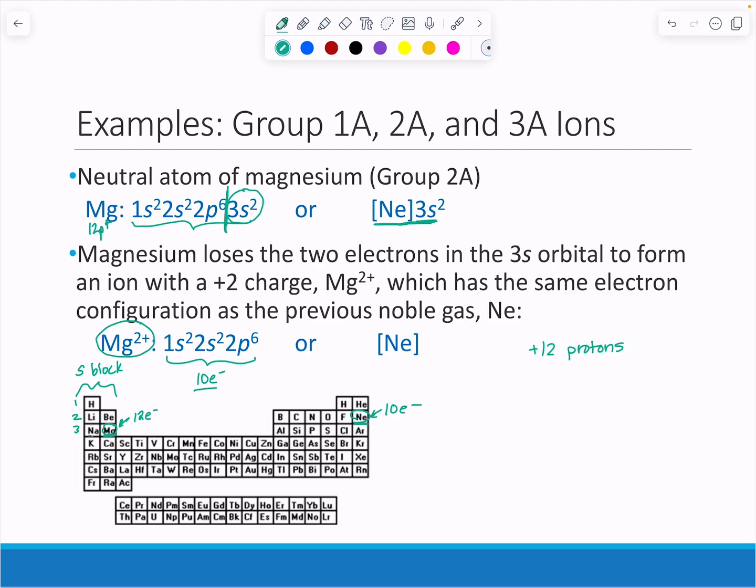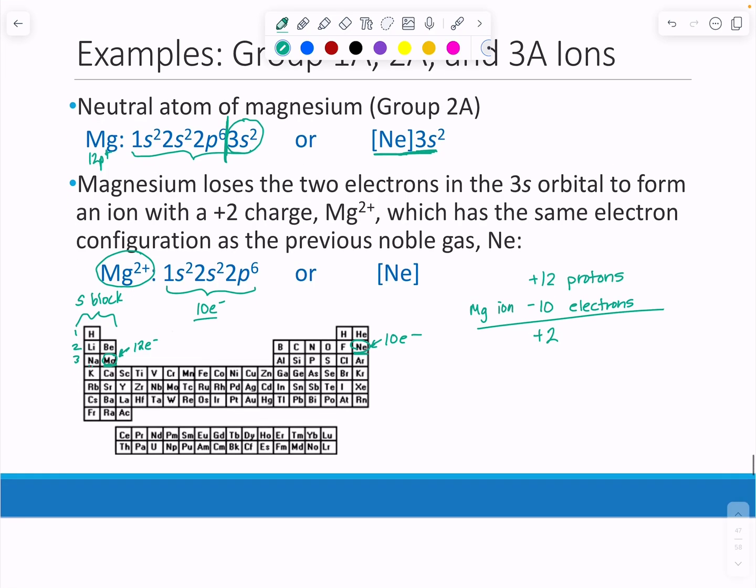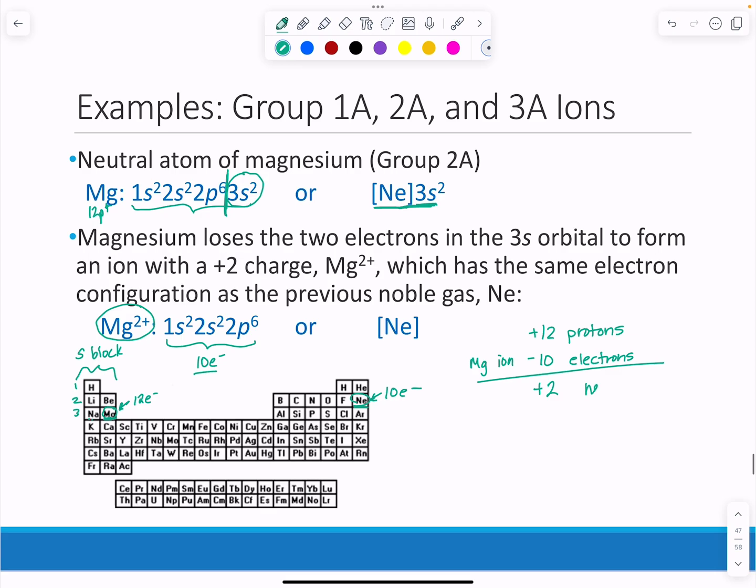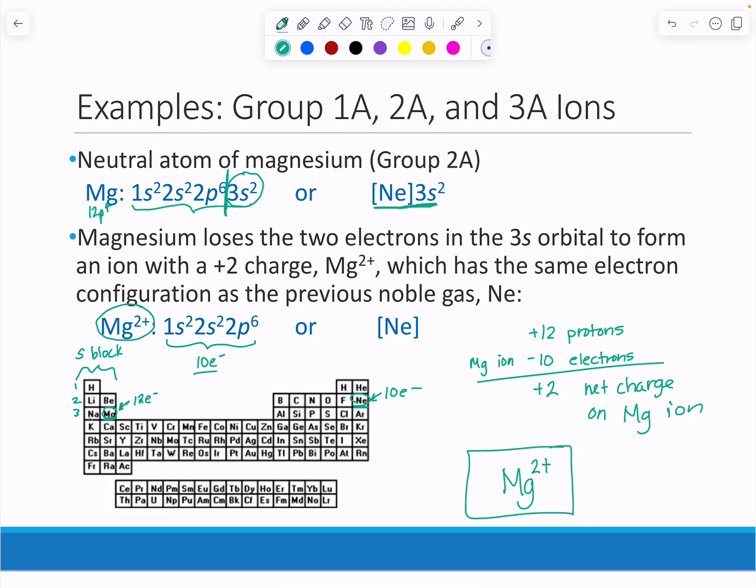The magnesium ion, let's just say the magnesium ion, has 10 electrons. Electrons are negatively charged. So we've got 12 positive charges, 10 negative charges, so that leaves us with +2 as the net charge on the magnesium ion. Okay, so we would write it as